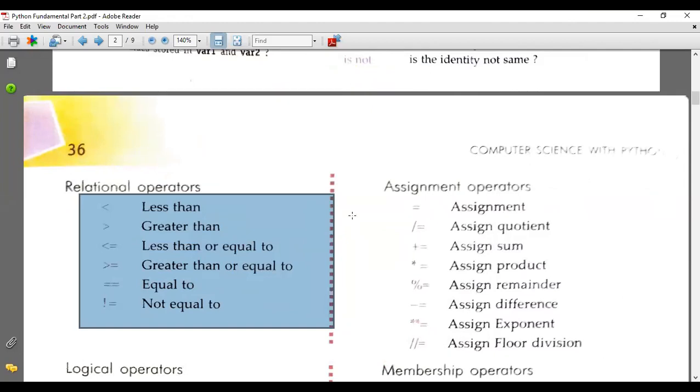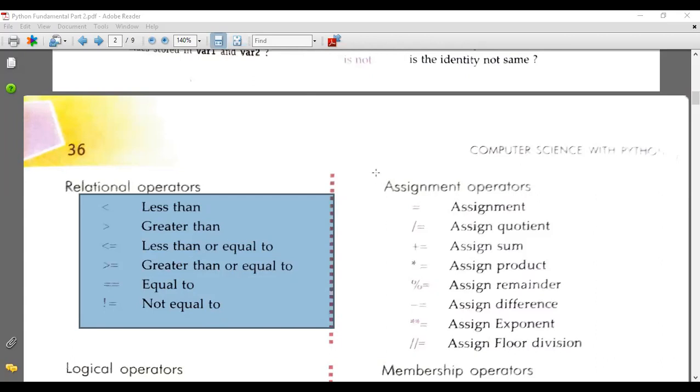This time I have this PDF, so according to this you have to read it. Less than sign, greater than sign, less than or equal to, greater than or equal to, equal to operator, and not equal to operator. All these operators come under the relational operator category, meaning these operators are only for comparing two or more variables or their values.